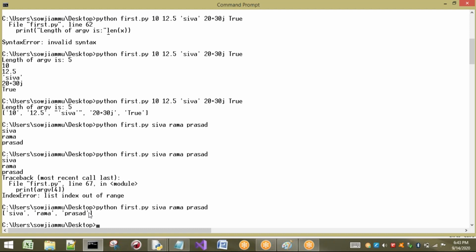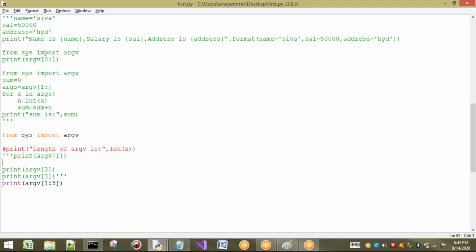So we can perform any program, but mainly here I have discussed the points that have to be discussed for command line arguments. If you want to perform addition of two numbers or concatenation, let us take one more example. I want to concatenate two strings, or I want to add two values.